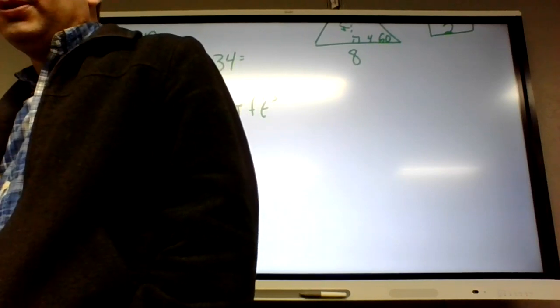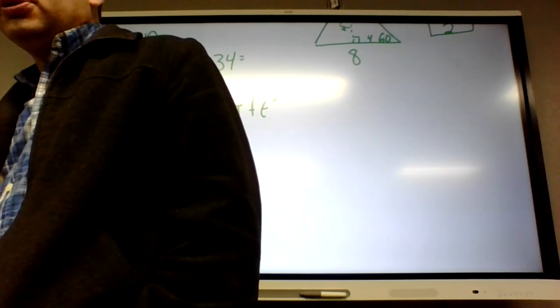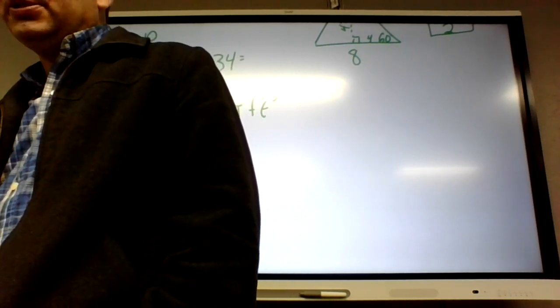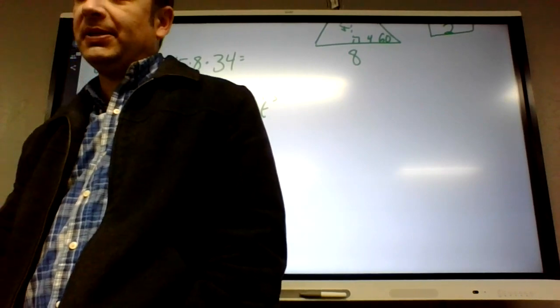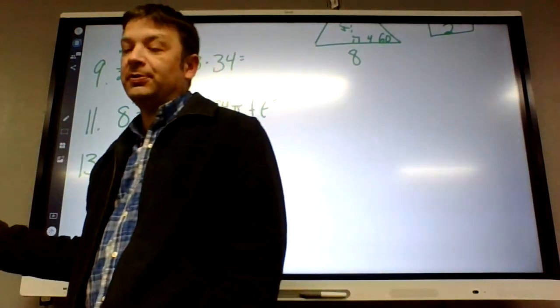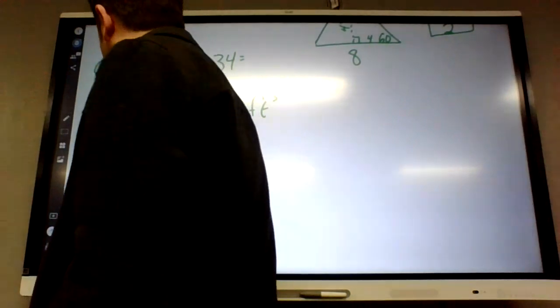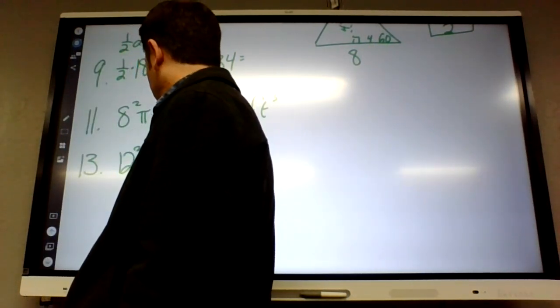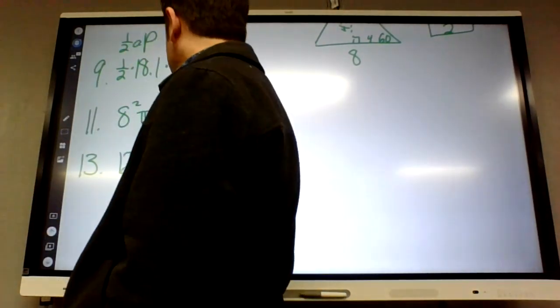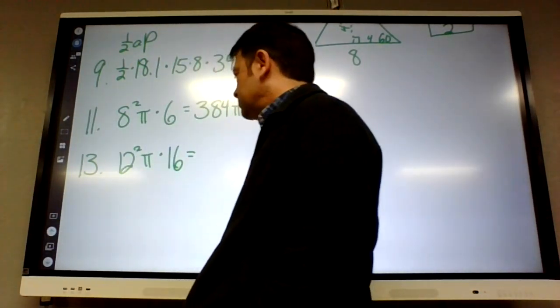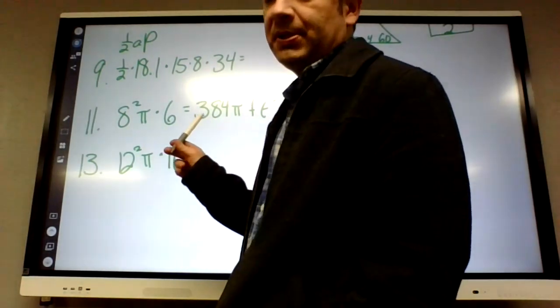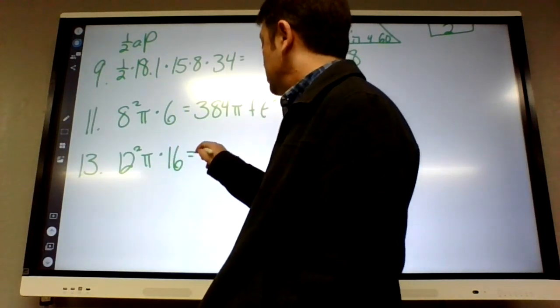Okay, 13. What is the radius on number 13? Hush. What is the radius on 13? 12. Because they're pointing at a diameter, it's 24, so the radius is half of that. So when we do r squared, we're going to be doing 12 squared, not 24 squared. And then the height of the prism is 16. So 144 times 16 is